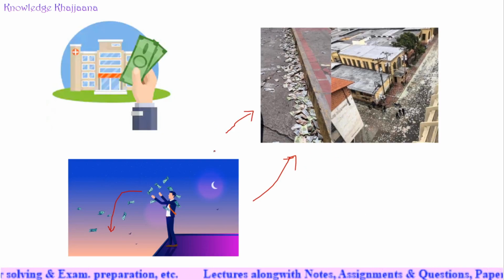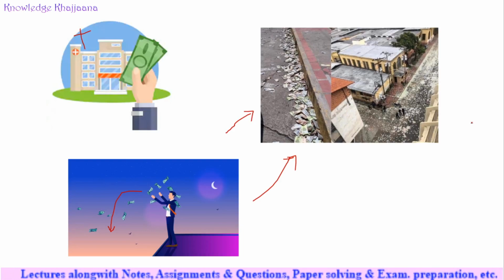Okay, so the marginal utility of money can vary from person to person. See, people have to pay lots of money for going to the hospitals and for doing treatments. So if the price depended on the marginal utility, then the price of such a commodity should have been very low. But it is not happening in the real sense.